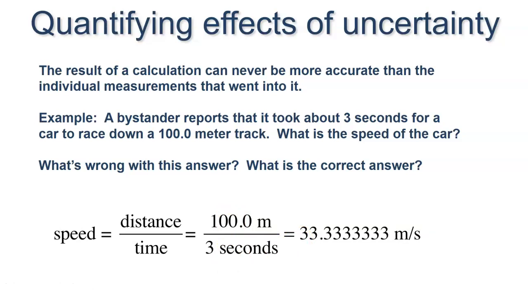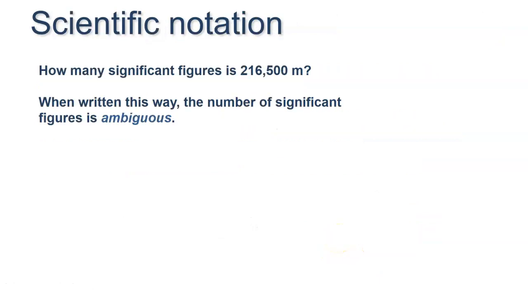But what's wrong with that answer? And what should the correct answer be? Well, if we keep repeating these 3's, this is going to be more certain than any of our other measurements. If we're looking at these 2 numbers here, 3 only has 1 significant figure. So our answer cannot be more accurate than that. So we would have to round this to meet that standard. So looking at how many figures would be in